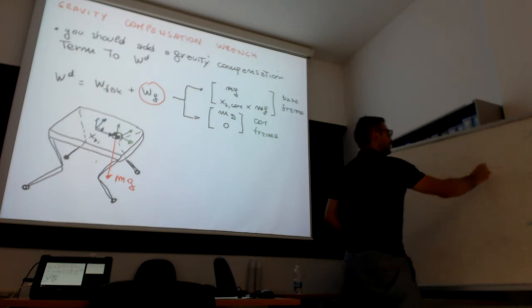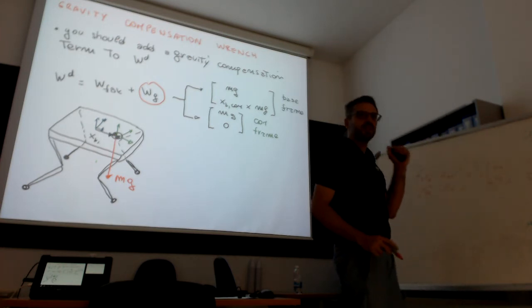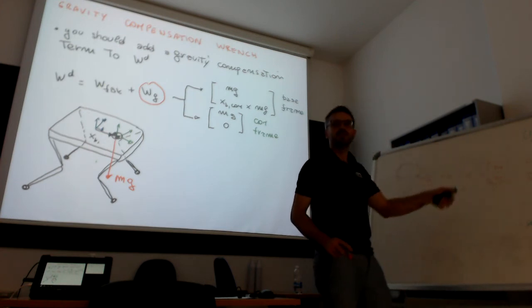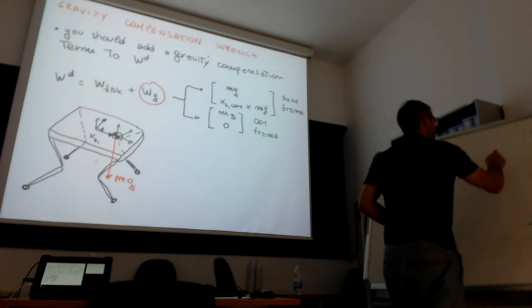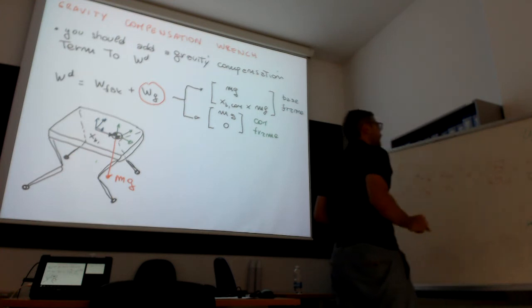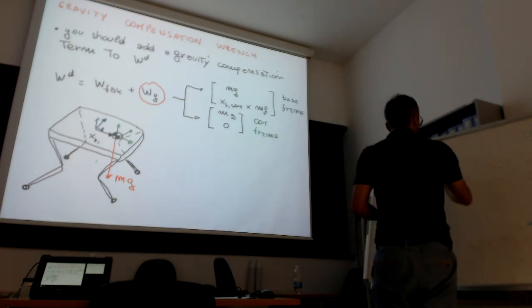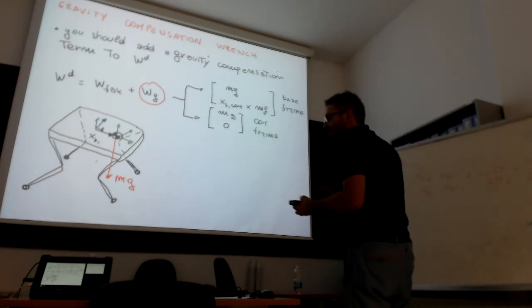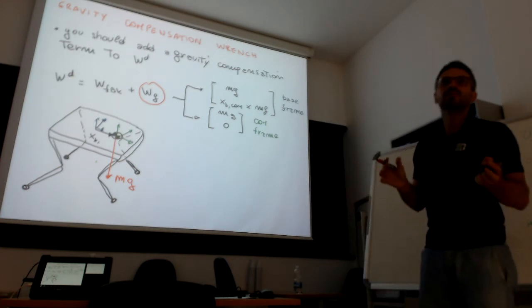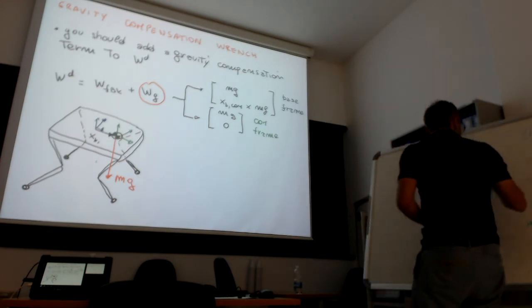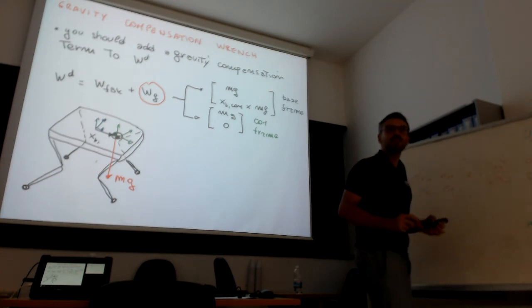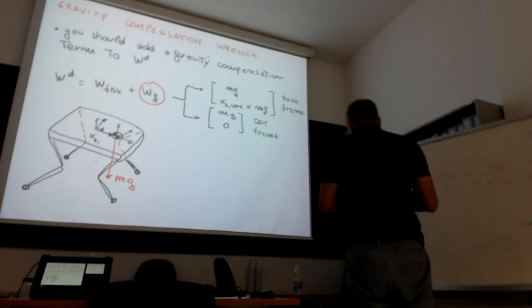So these are the ones that we compensated, the gravity part that we compensated there. And this is the gravity that we compensate later on. We know that if we use the centroidal thing, that we show that these terms disappear, so you don't need it. But in this case, we are doing